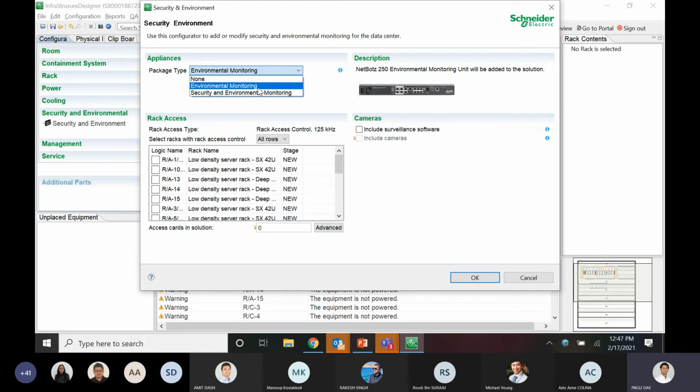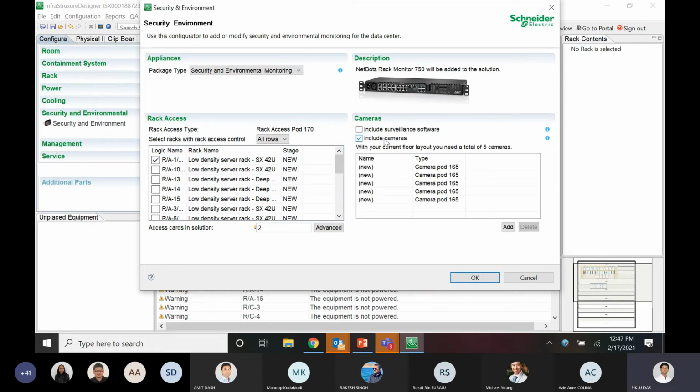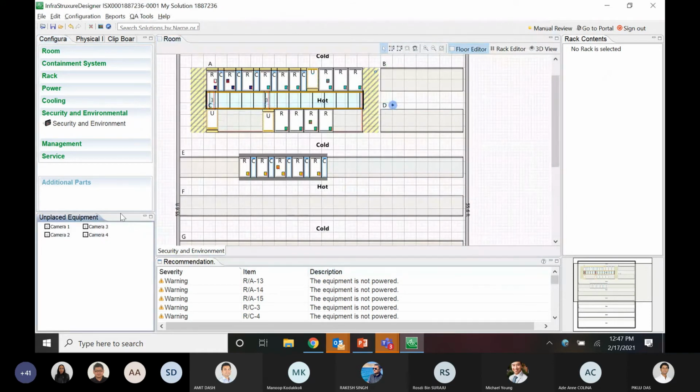As you can see here, we support the NetBotz 250, and also in security and environmental we support the latest 750. Let me select some of the racks where I would like to host my NetBotz appliance. I'll also include cameras and the software for it. I'll place my cameras based on my requirement, whether I would like to have them at the entry or exit of the data center or any of the critical points.